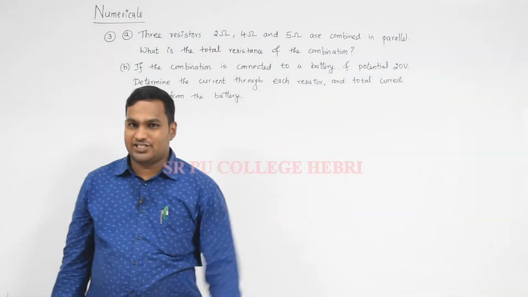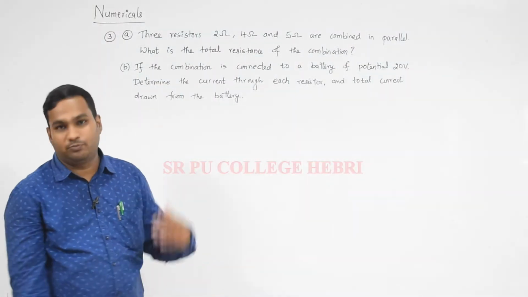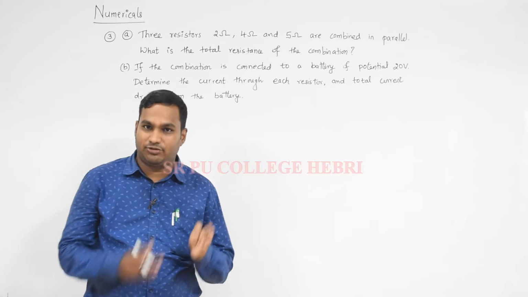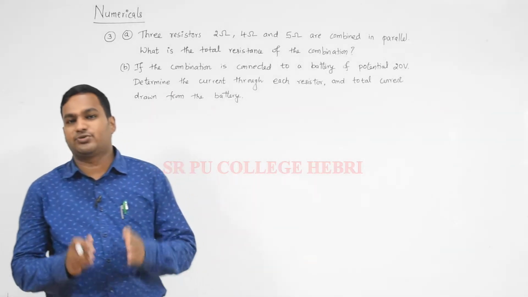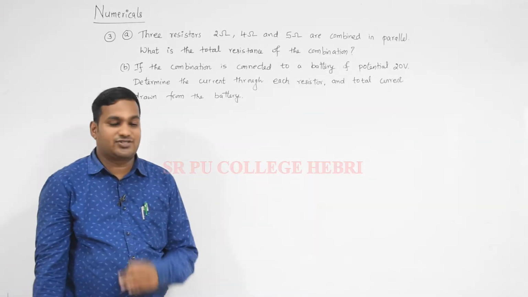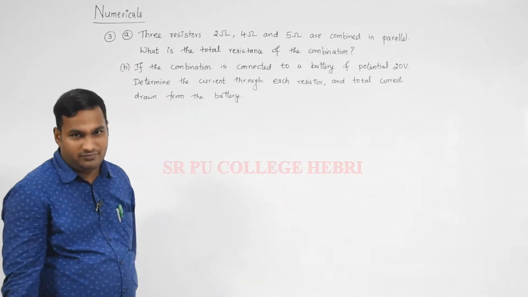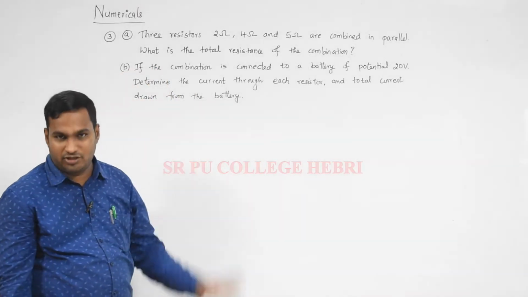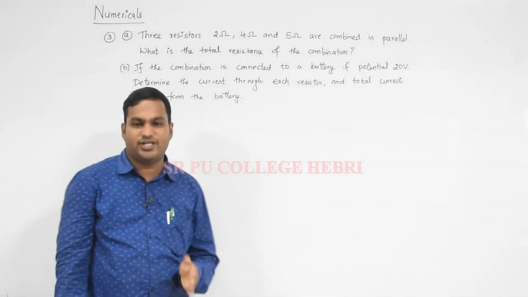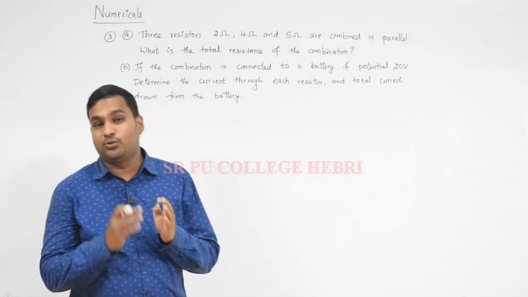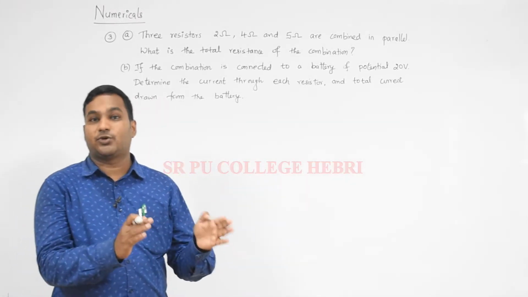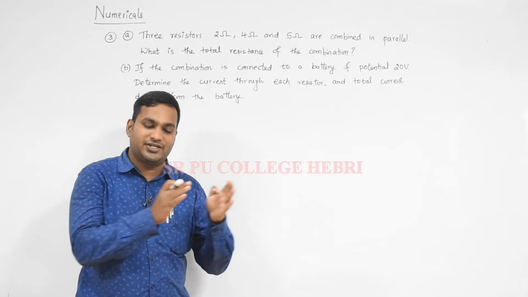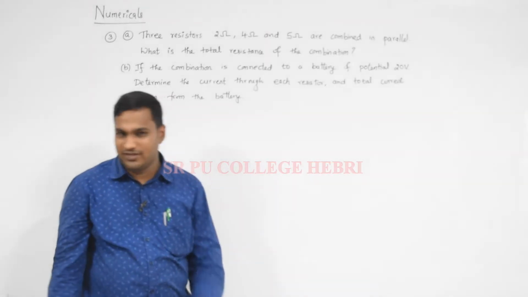Dear student, in the last video, we learned two important numericals. One is related to drift velocity and the other is related to series combination. Today we'll discuss the third numerical, related to parallel combination. Along with that, in today's video, we're going to discuss how to simplify a simple circuit by using Ohm's law, by considering series and parallel combination of resistors.